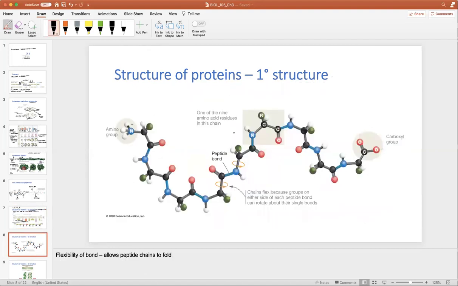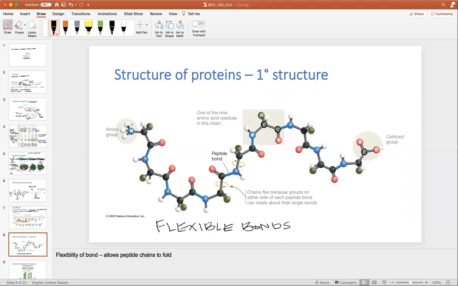All right, let's look at the primary structure of this polypeptide chain. We're actually going to start talking about how proteins can fold up to develop what's called a secondary structure. The reason that these primary polypeptide chains can fold up is because they have flexible bonds. Now,